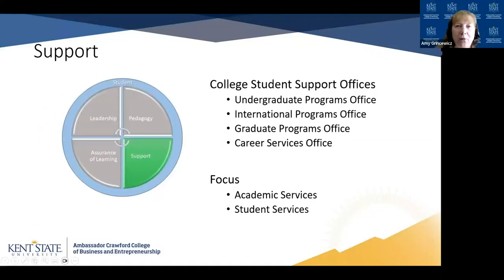So then our next pie wedge is support. And this is something that has kind of developed over time. This was not initially in place with our quality assurance pie. This has been really new, of reaching out to all of our student support offices within the college. So we are unique in that we have several, and you can see them on the slide, that really support all the students. Through this is academic advising, career support.